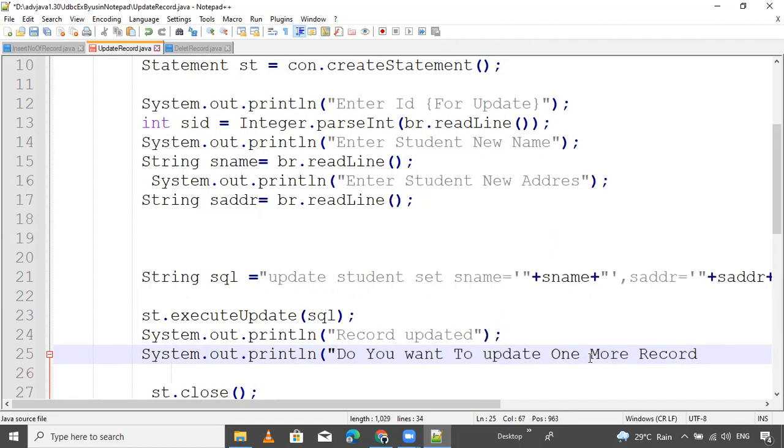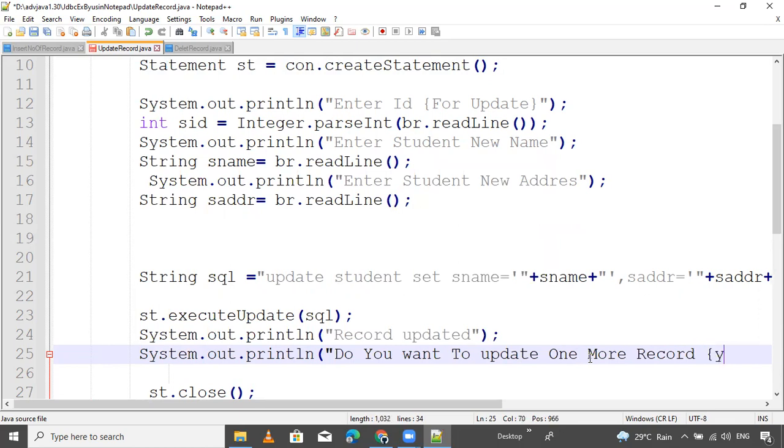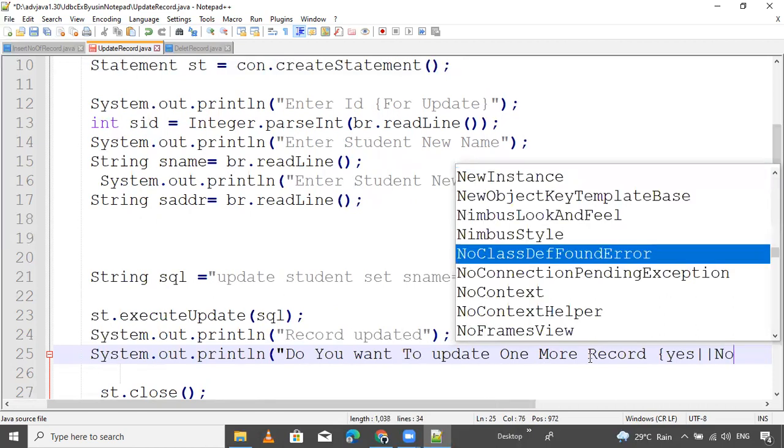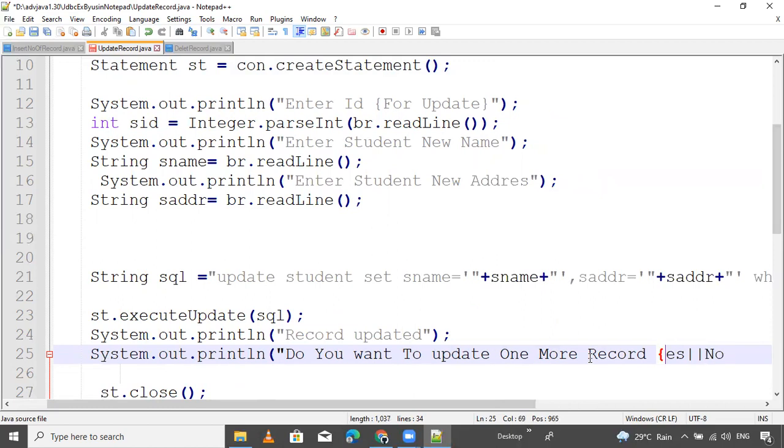Here, give the user a hint: yes or capital No. I'm putting a simple example, simple logic.